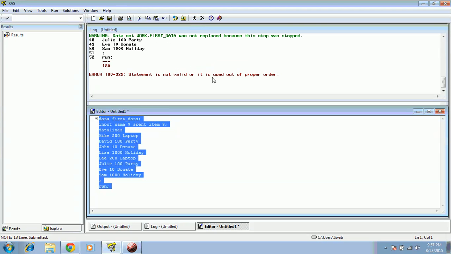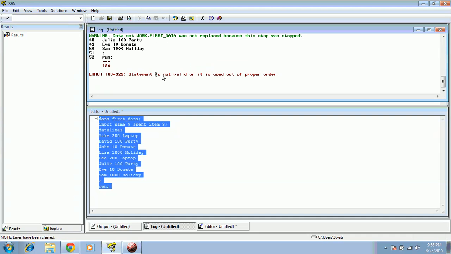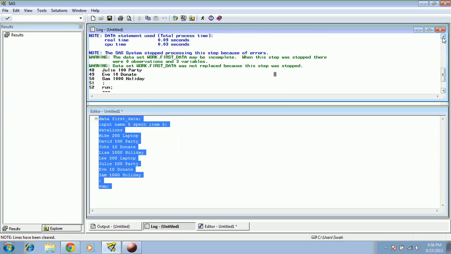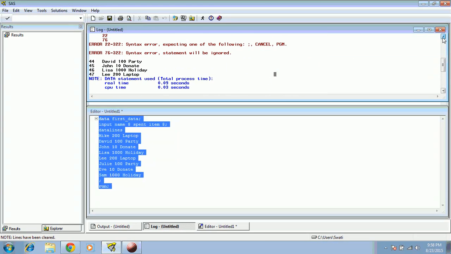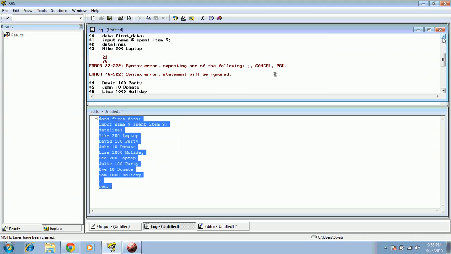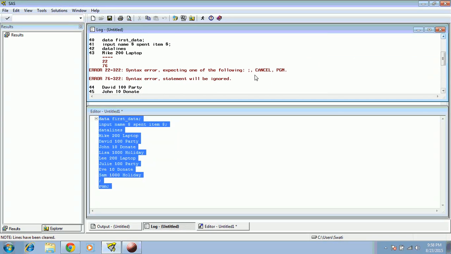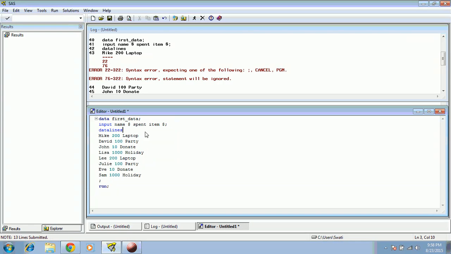So you got an error here. Statement is not valid or it is used out of proper order. So now here you will see that there is an error somewhere in your code which you need to rectify. It is highlighting mainly mic. So there is an error somewhere around the mic,